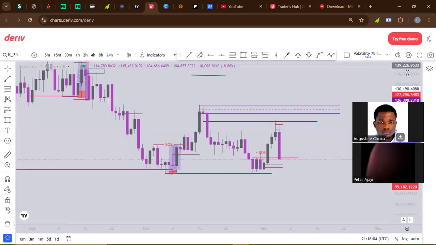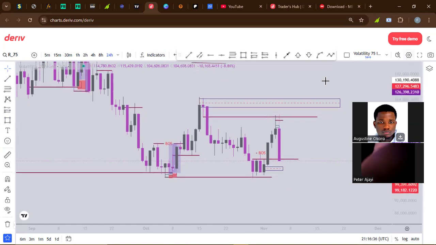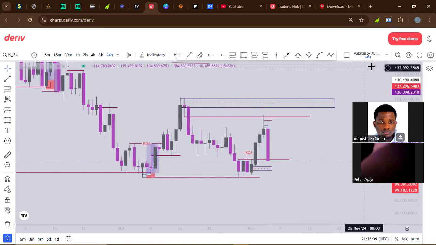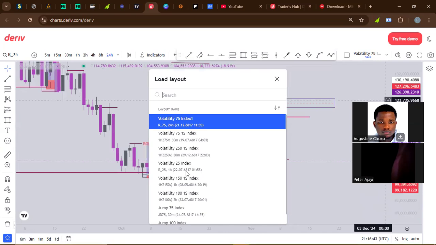You can take maybe 5 losses and use one take profit to recover all your money, and then take another trade and you are in profit. That's two trades in a row, then you are in profit. Maybe you take a loss today of $2, another loss of $2, another loss of $2. You can just use one trade to bring back those $2. I'm just using $2 as an example. It's very simple. It's just for you to understand where the market is going, the market direction, and then start taking your trades from there.